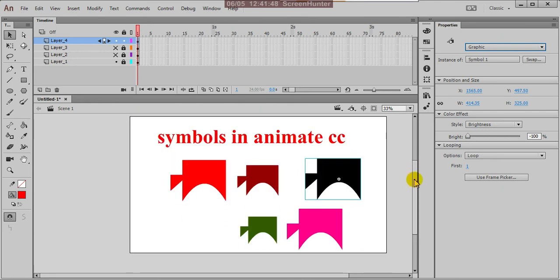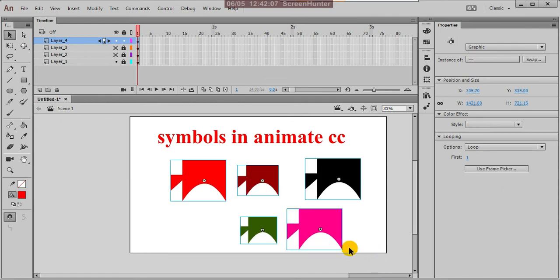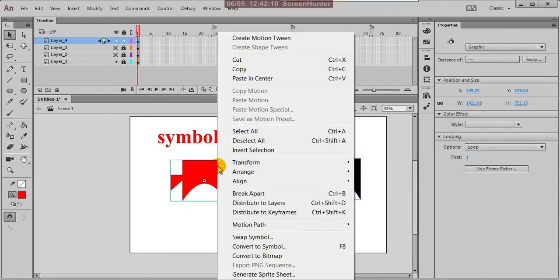Graphic symbols individually can be recorded as an image, as a graphic symbol. We say graphic symbol is static. So you can create as many as you want. Suppose you select these all and right click here,